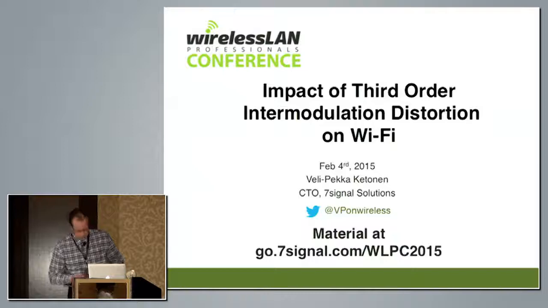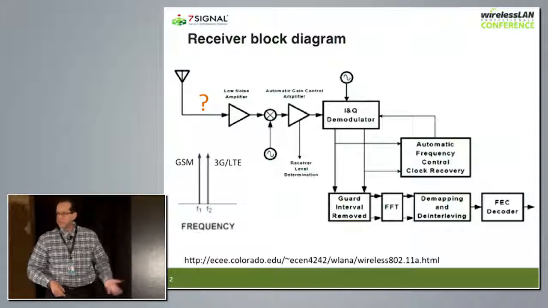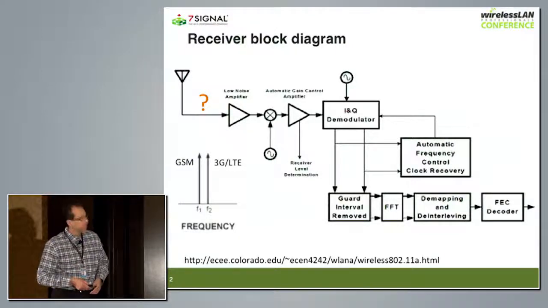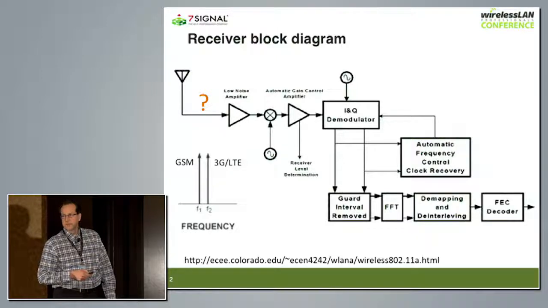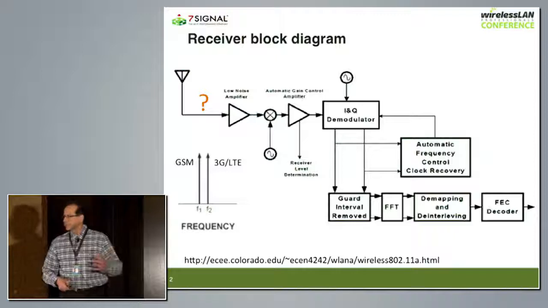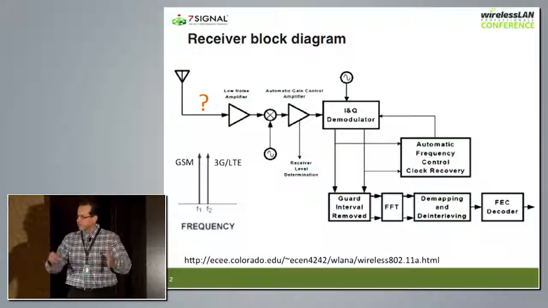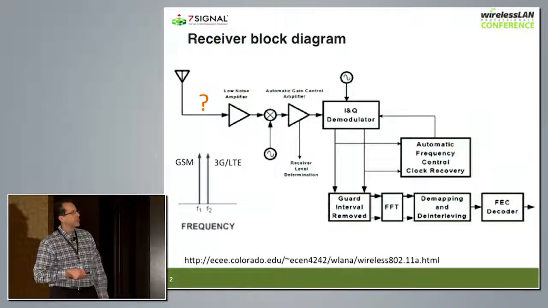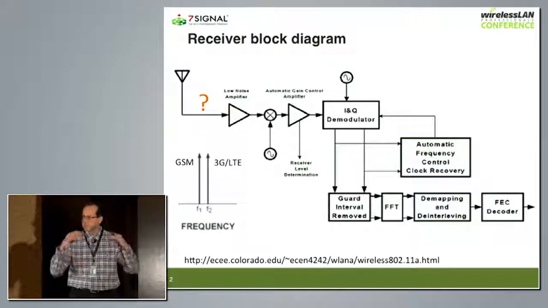Let me start with a simple block diagram of a Wi-Fi receiver, or any receiver, but just a Wi-Fi receiver here. What we have there is an antenna, then a low noise amplifier, and then some mixers to down convert and detect the signals. In Wi-Fi, we typically do not have any filtering here, or if there is filtering, it's not very steep. So it means that different signals, different frequency bands, enter the receiver pretty well. Like you can have GSM or 3G LTE signals entering the receiver